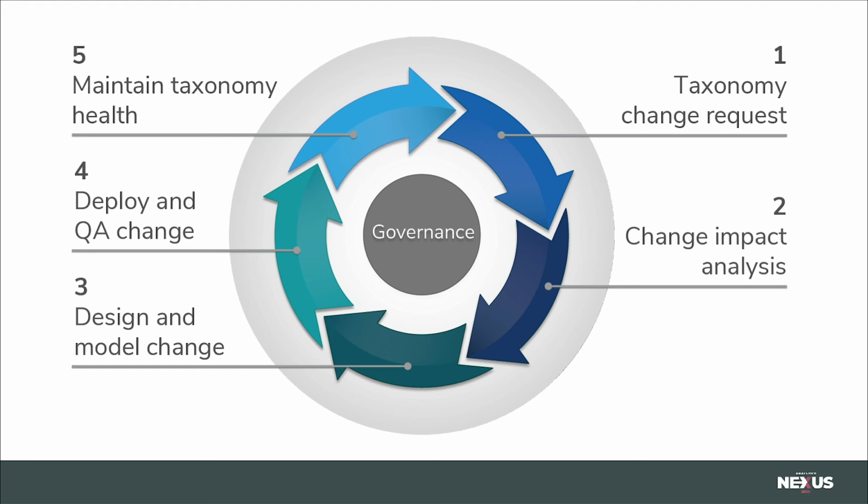So step 1, taxonomy users submit a request for terms into our request workflow system. And then once a request is received, that taxonomy team analyzes the impacts of the change and makes a decision to approve or reject it. Or sometimes we'll suggest an alternative solution to resolve their requirement. Oftentimes, we'll receive a request, for example, and we'll suggest that they use an existing taxonomy as it will solve what they're trying to do.